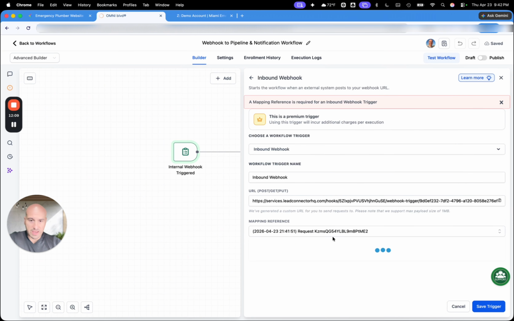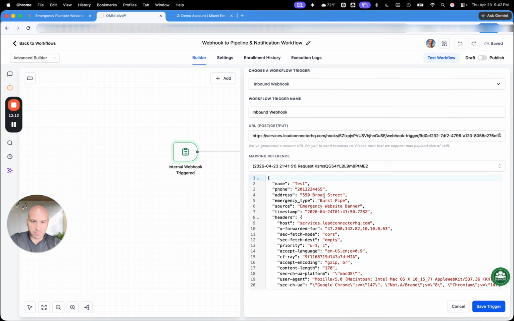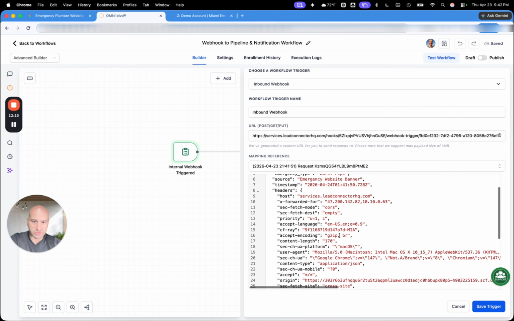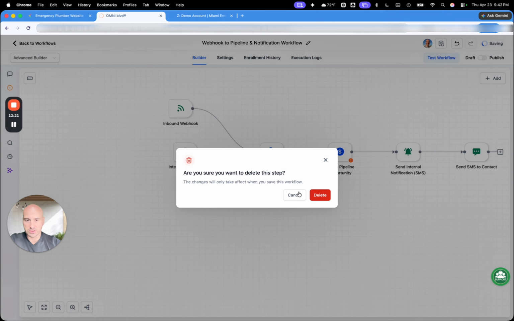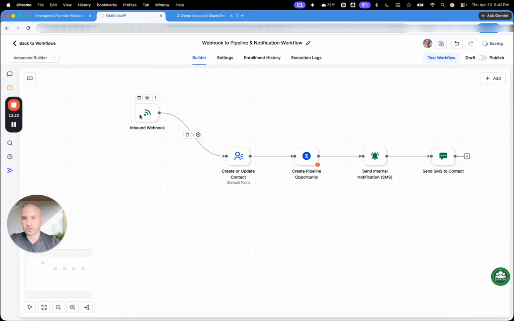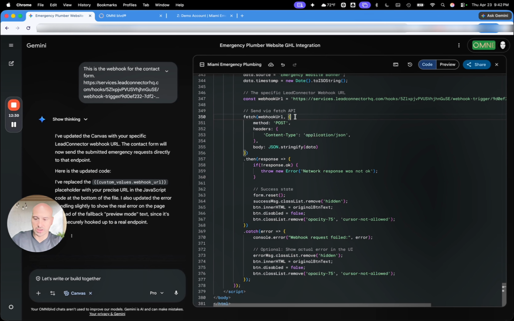It's asking for the map. Perfect. There it is. It's pulling information. So real quick, I got the name, blah, blah, blah, all that, busted pipe, address, save. So I want this trigger here, and this one actually I'm going to delete. Because now, whenever information comes in, so to finalize this whole project, we're going to grab this code again,